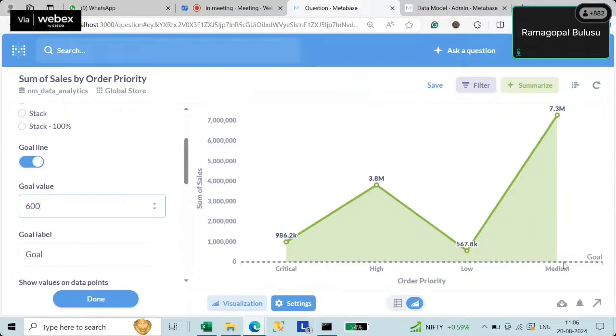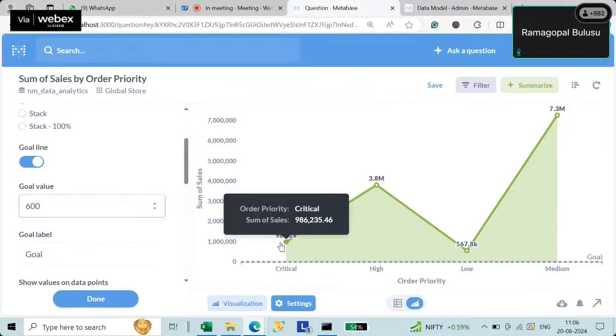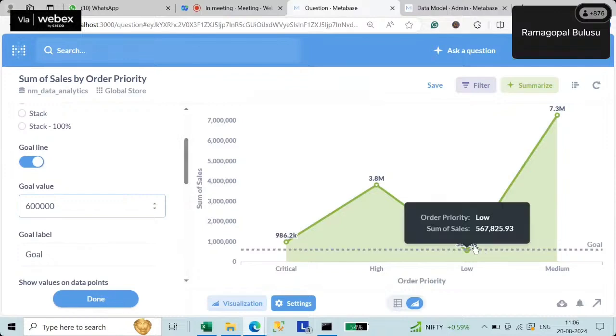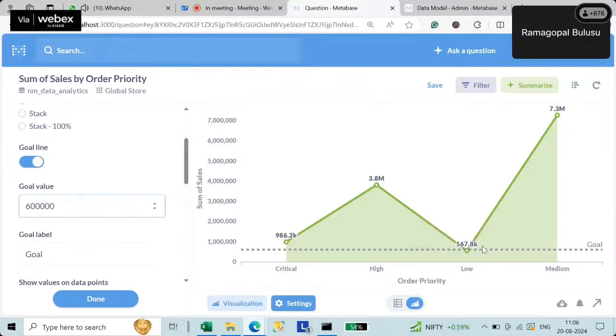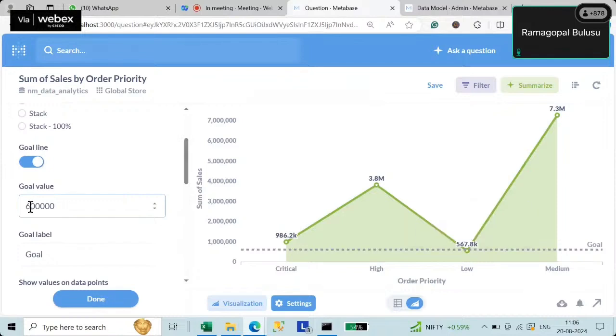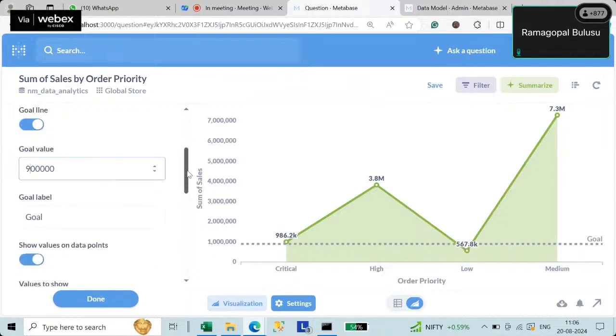Now it is 100 also because all these are in lakhs. I'll mention it, look. Now, my goal is 6 lakhs. The values 5, 6, 7 are below the goal actually, and if I make this as some 9, look, accordingly as per our project requirement